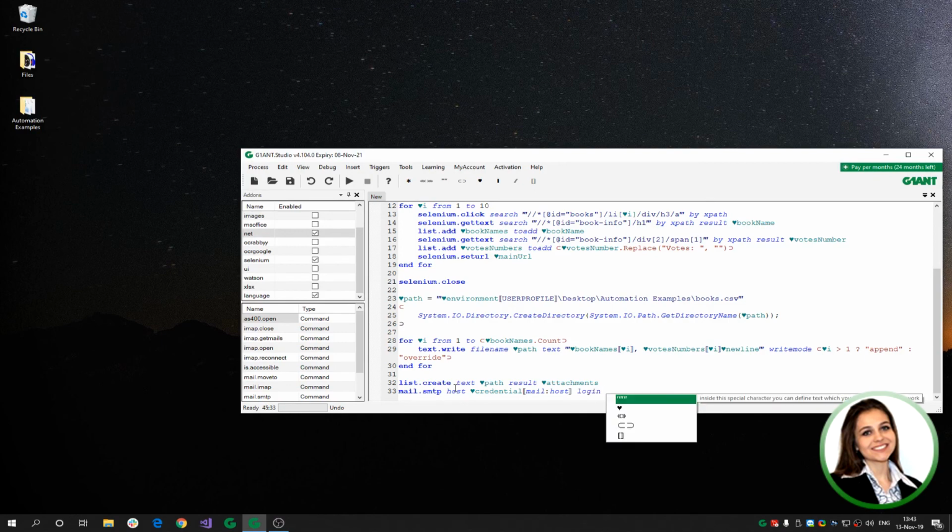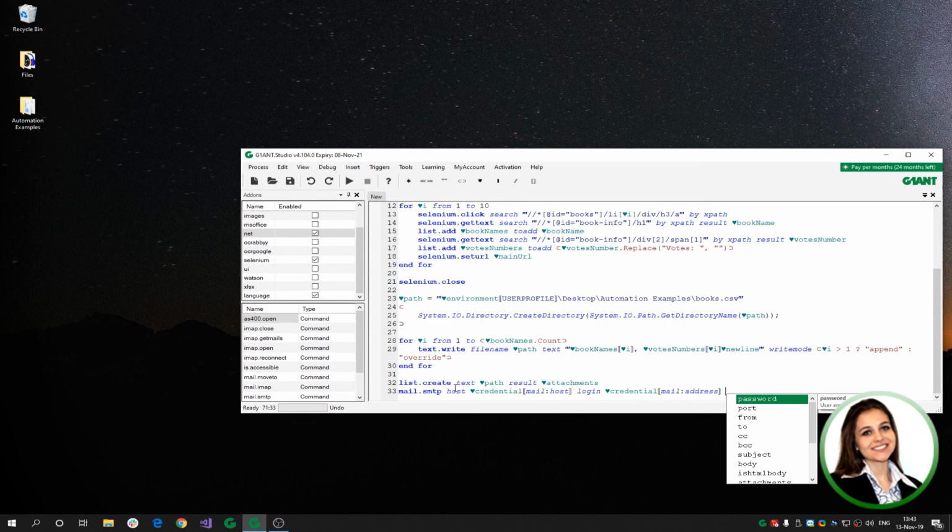Login credential mail address, then password credential mail password,